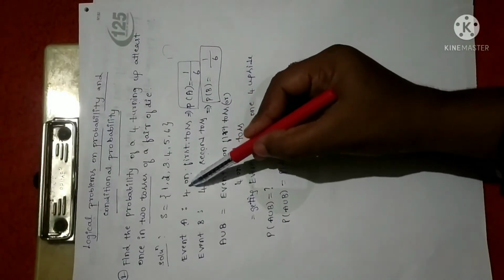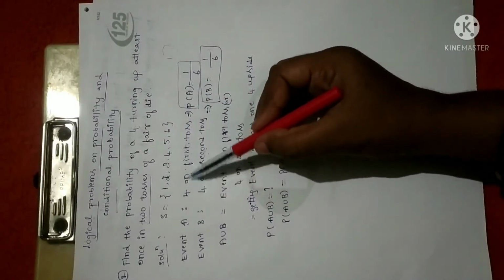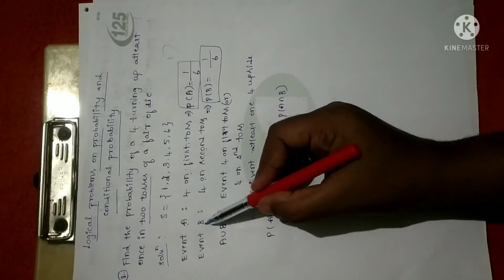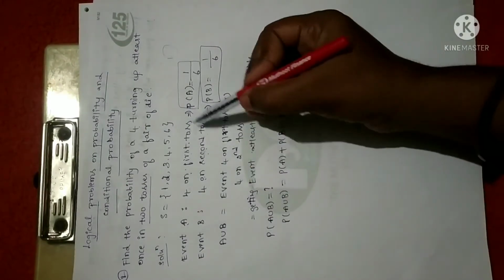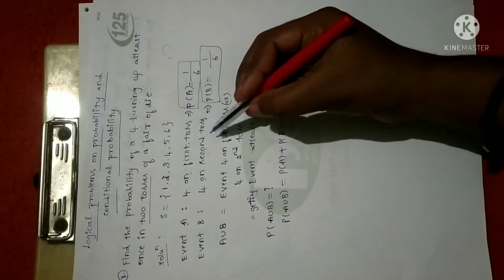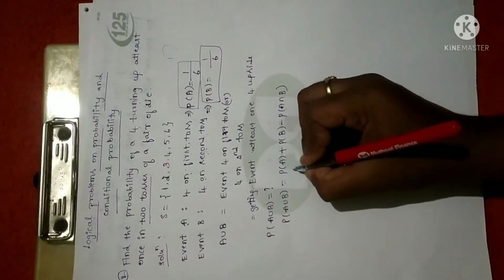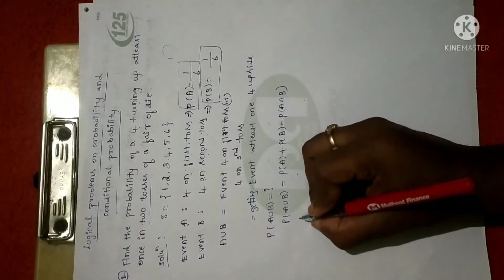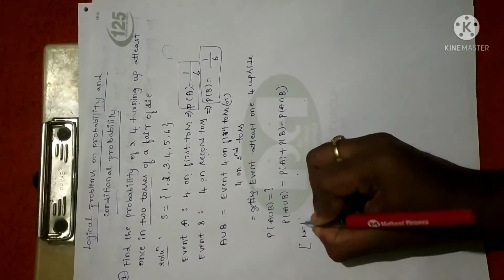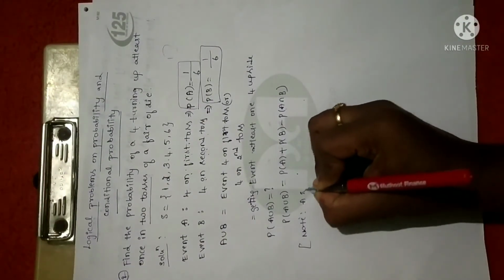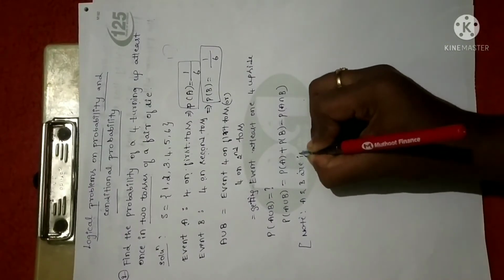Why? Because for event A, what we have assumed is getting 4 on the first toss. Similarly, event B is getting 4 on the second toss. So the first toss has no connection with the second toss, so they are independent events. As I already told you, whenever we have two independent events, I'll just write it as a note point: if A and B are independent events,